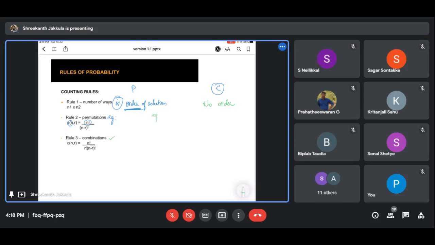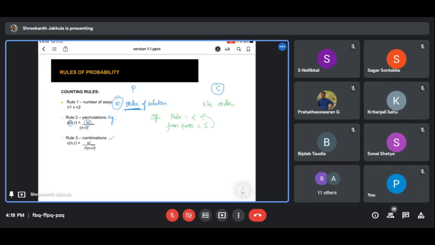So for this, let me show an example. In how many ways can a polio duty team of 2 residents be chosen out of 5 GOPD residents? So for polio we need 2 residents from the GOPD residents of 5. They are not asking about the order, they are just asking how many ways the 5 GOPD residents can be picked for polio duty.